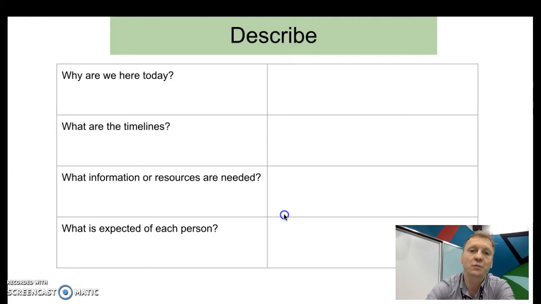So let's look at home plate, describe. So in describing, we're going to look at why are we here today, our purpose for the meeting. Maybe there was a problem that arose that we want to problem solve. The timelines for the meeting itself, if it's 40 or 50 minutes, or maybe the timeline to solve a particular problem, maybe from spring map tests, fall map tests on to winter map tests, and what information resources are needed